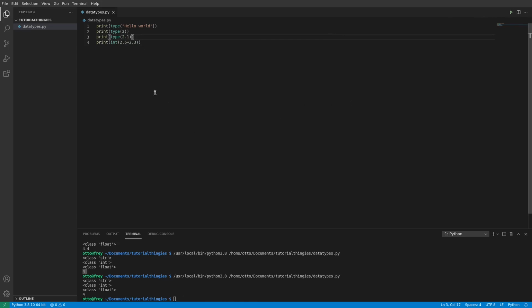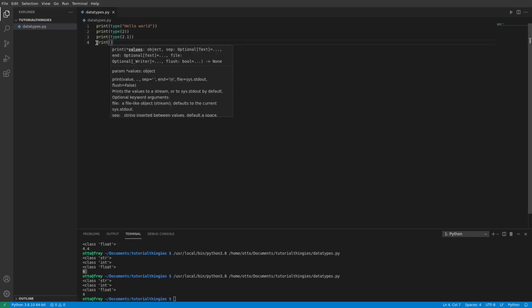But we still round to 4 in integer because integer simply takes the first number and ignores everything else. So that's how integers work. Now I'll go down on that editing thing, but there's one more type I want to cover, and